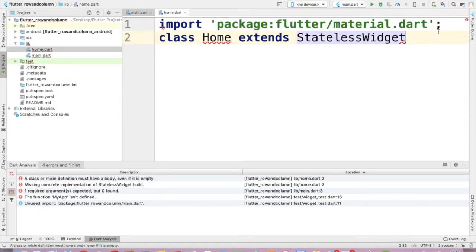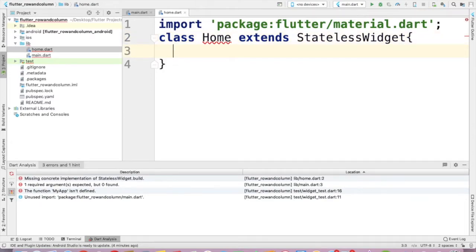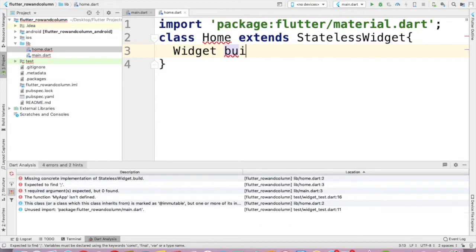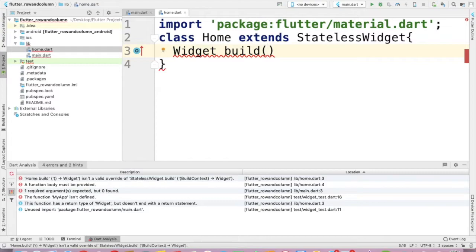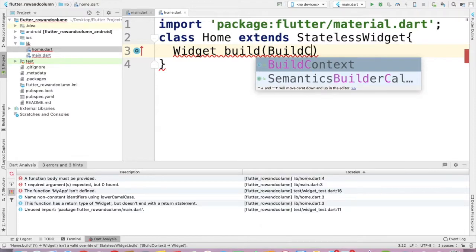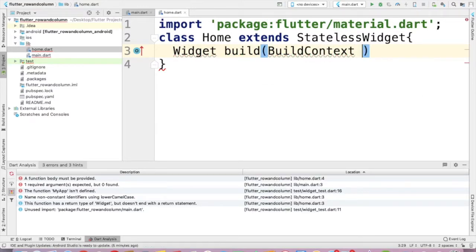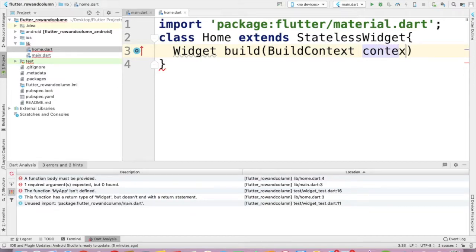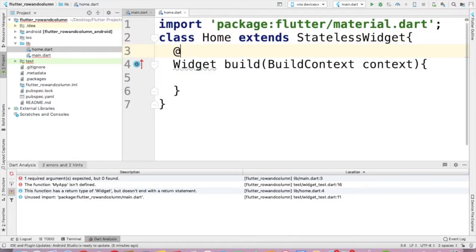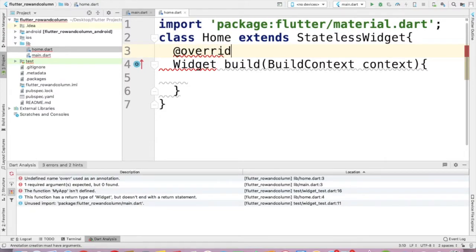Now put braces for this Home class, and inside this class create a widget named build, add brackets and add BuildContext inside the brackets, and name this context as context. Okay, now create braces. Now we have to override this build method with @override. Okay,